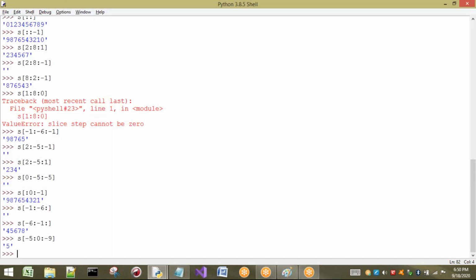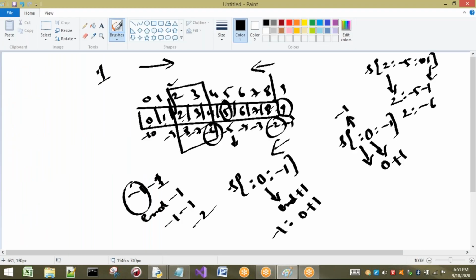Okay, next. Just I will take minus 5 to minus 10, and here I am going to take minus 1. It is easy to say from where to where. Minus 5 to minus 10, it is reverse direction. So n plus 1, up to minus 9 it is going to print. Here we have to observe one thing.